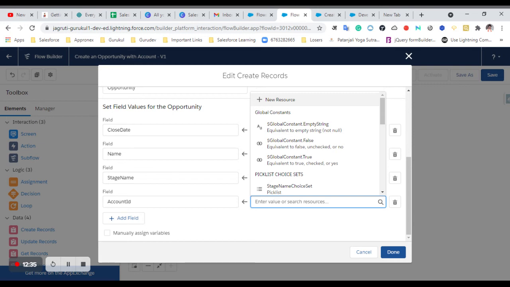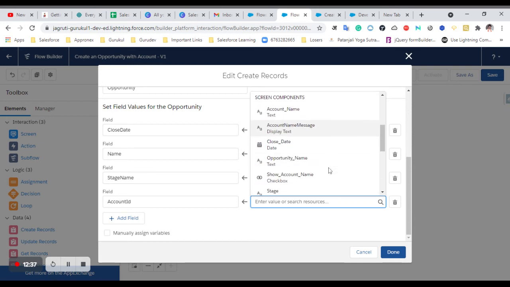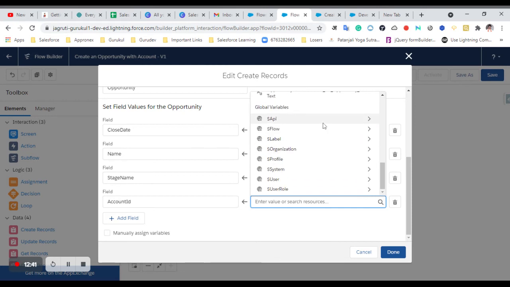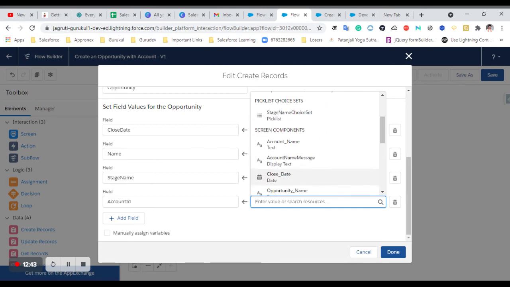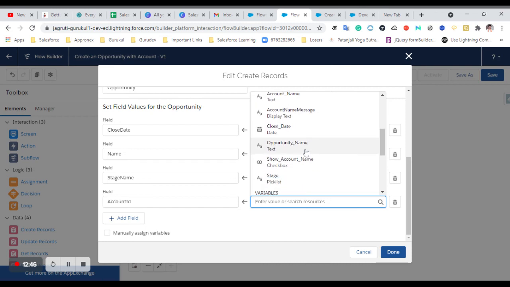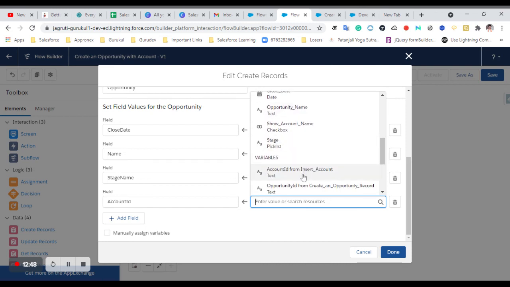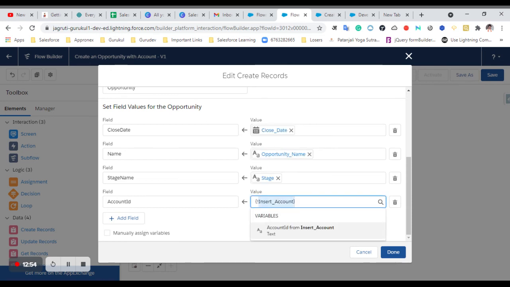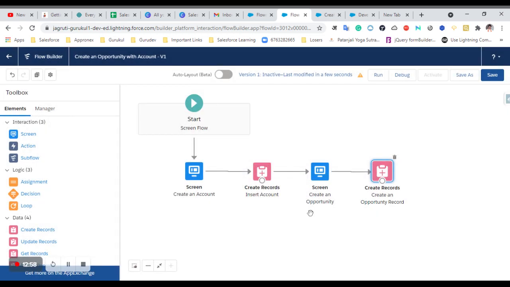Account ID, from the variable. Okay, that's not available here. Okay, account ID from insert account. So we'll directly get this one, account ID. Let's just click on done. Okay, save it, run it.